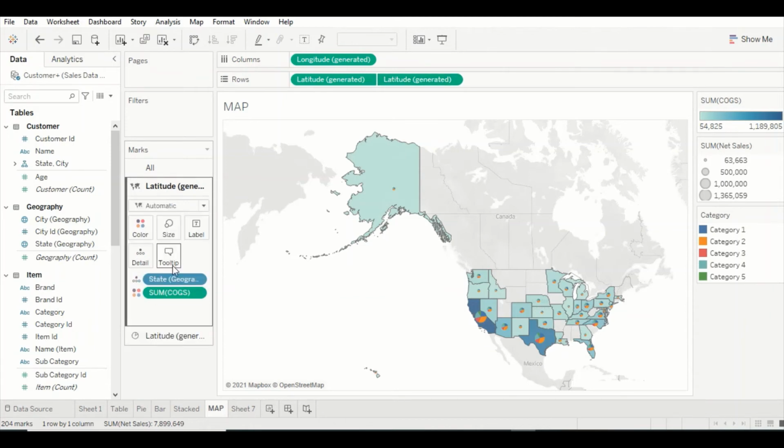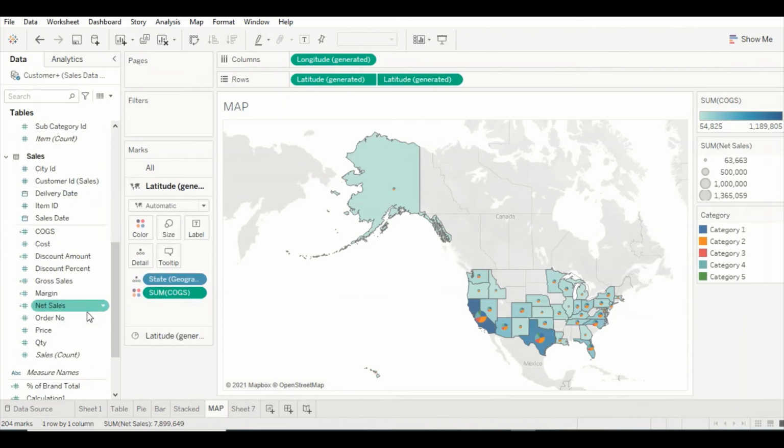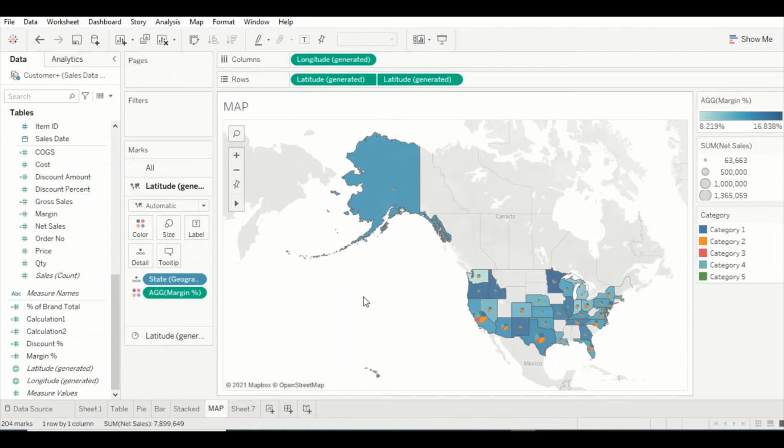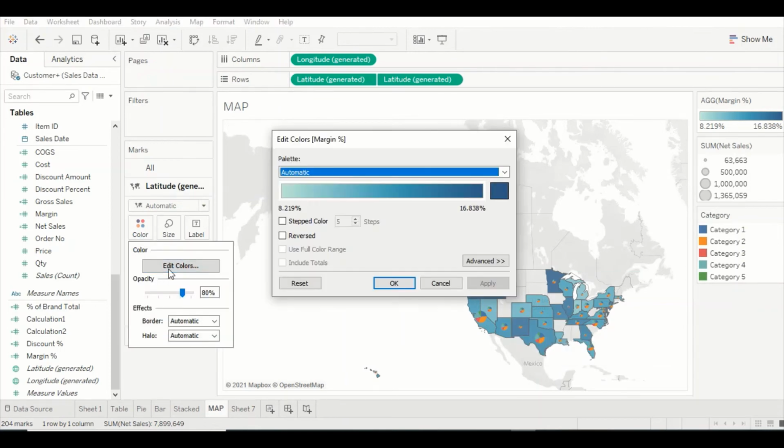So we can go here, where there is a color based on cogs. Actually, we can have color based on margin. So we have margin percentage, which we can drag onto the color, and now we see our margin. What is happening right now, if you see here, is that it seems like this should be less and this should be more. Can we make it a little bit better by having a different color set?